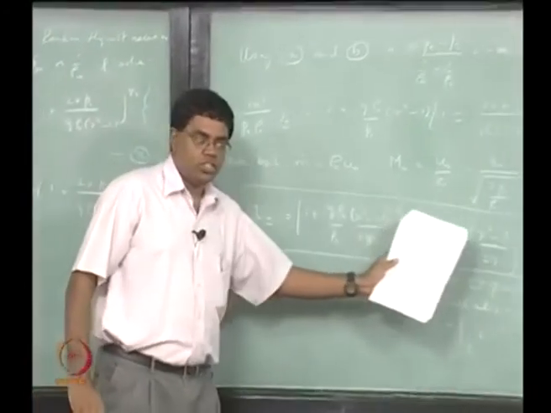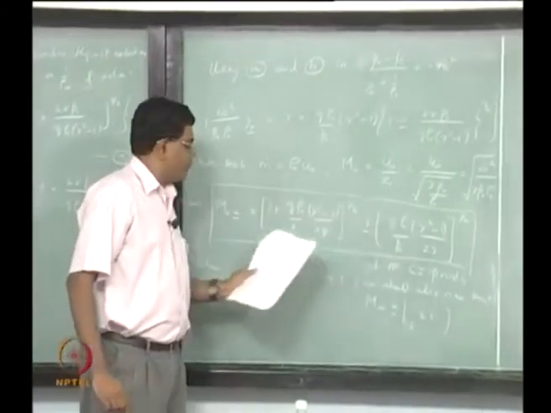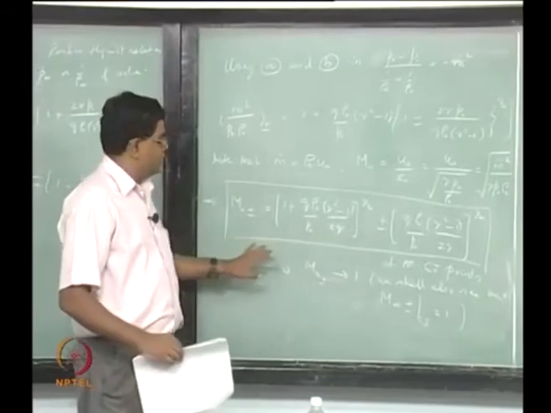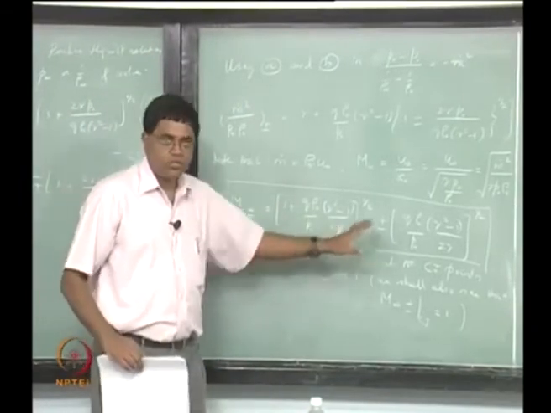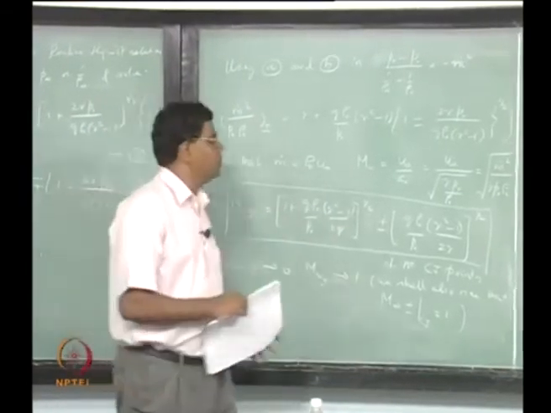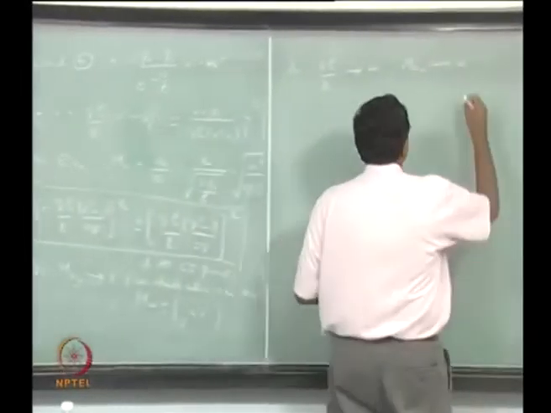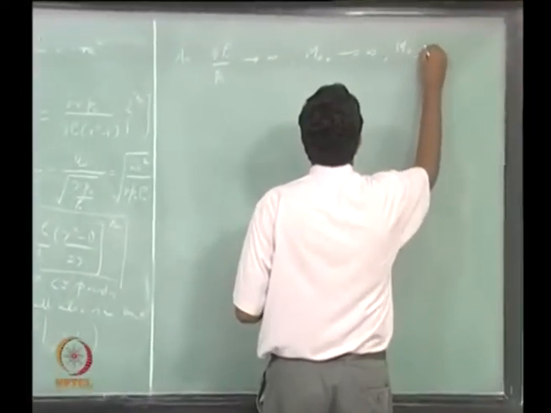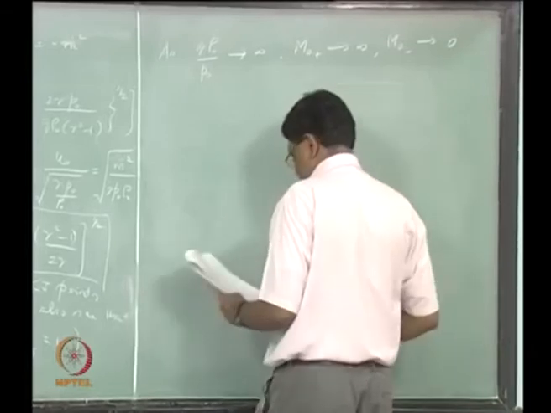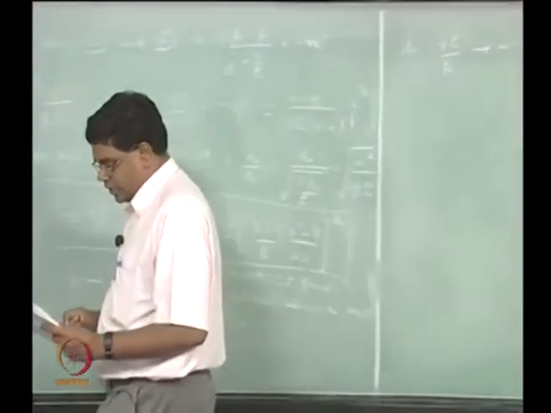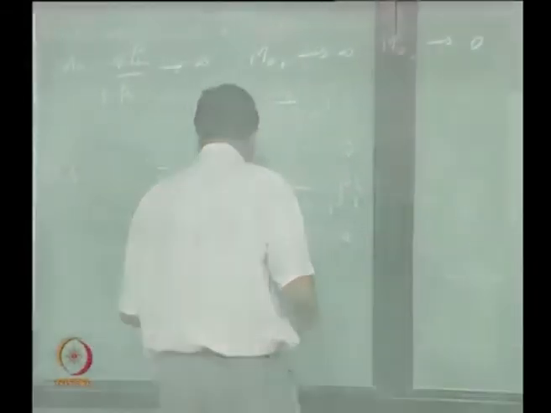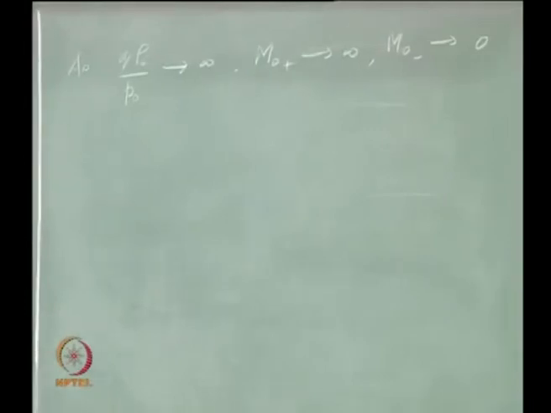These two terms essentially subtract from each other. Of course 1 is like a small number when compared to these infinities that we are talking about. So M naught minus goes to 0, right? So what this means is